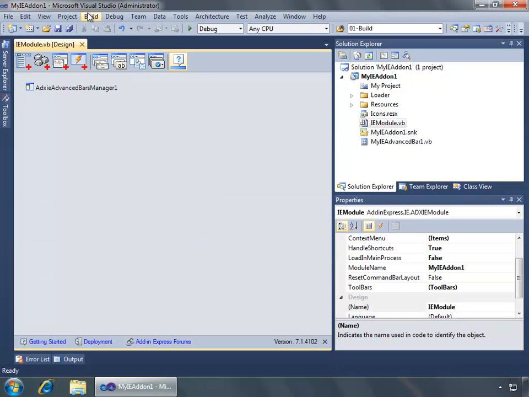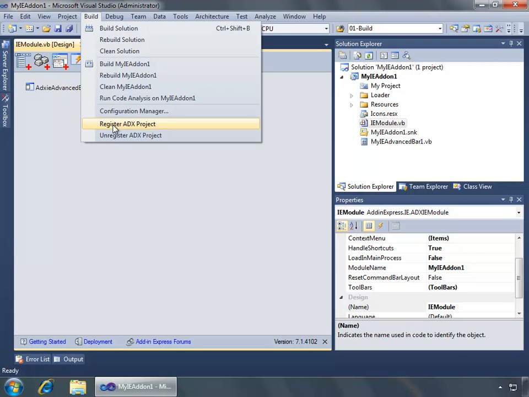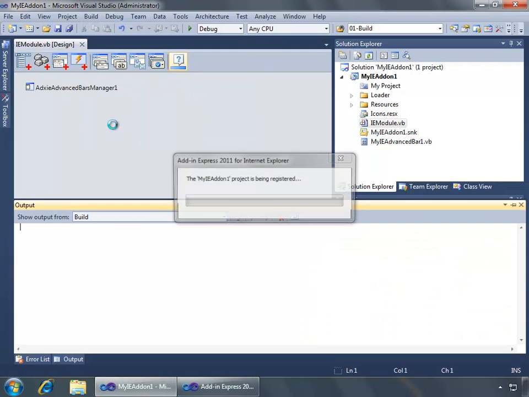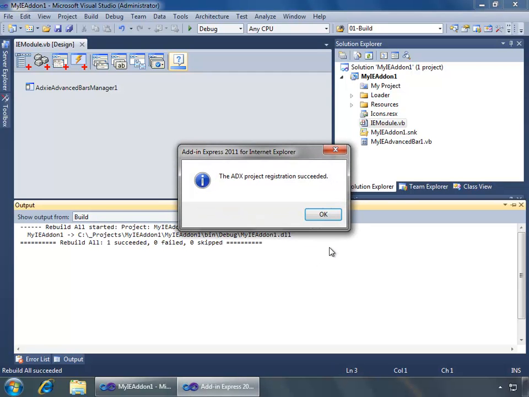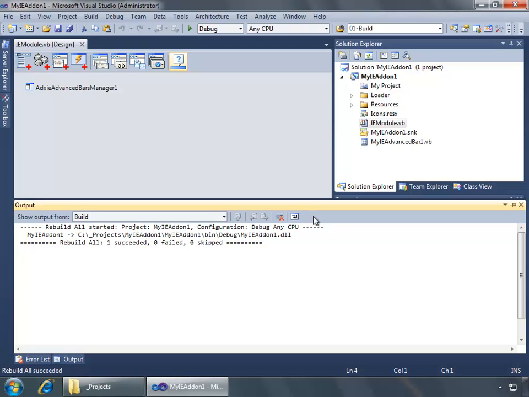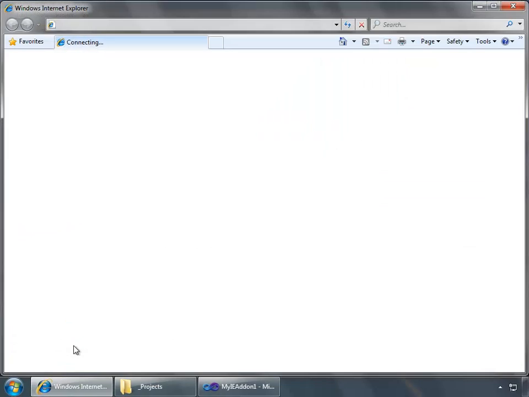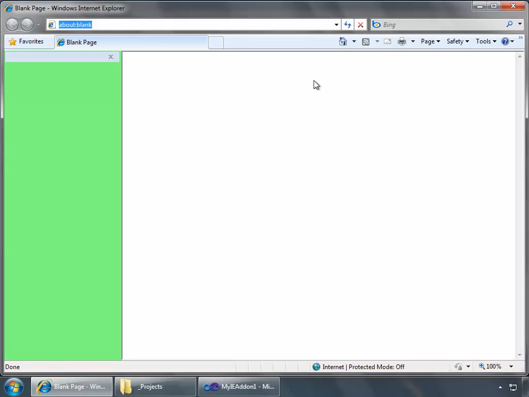And then lastly, what we'll do once it's built successfully is we'll register the project on our system, where we can then test it and demo it out, and I'll show you what I'm talking about. With the project registered on my system, I'll now open up Internet Explorer just to demo what we have done. So when Internet Explorer opens, my advanced bar displays just as I set in the settings, and if I